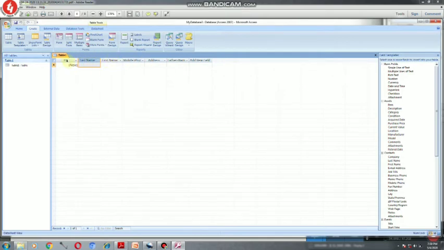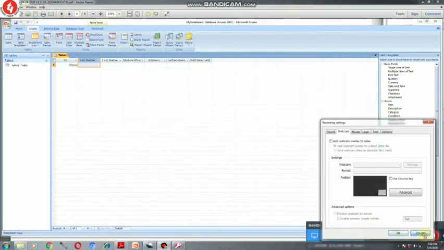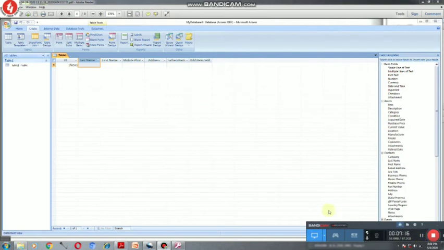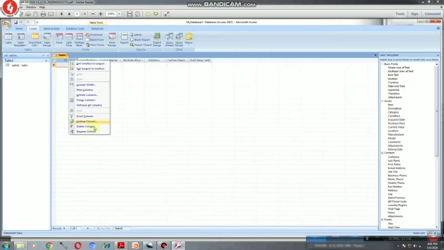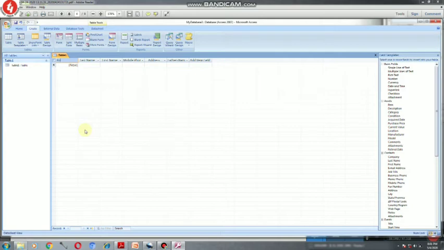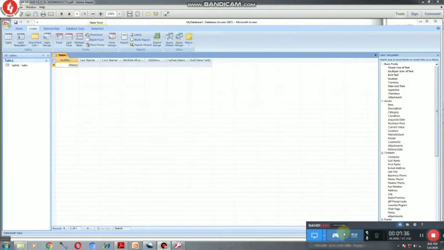Now you see ID field is here. Now you can even rename this ID field. Like if you want to rename some fields, say ID, you want to change this ID with roll number. So right click here and you can select rename, and then you delete ID first and then you type roll number. So this is how you can delete, you can edit, or you can rename fields. These are the basic works that you can do in table datasheet view.